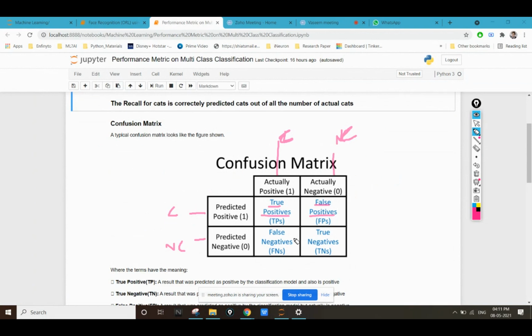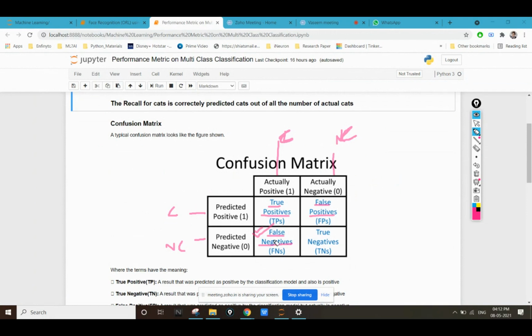Now in the next case, I was actually having COVID, but my RT-PCR test said that I did not have COVID. This is a much worse case considering COVID, because if you don't have it and your RT-PCR test comes positive, then you can take further tests and check whether you actually have COVID or not.